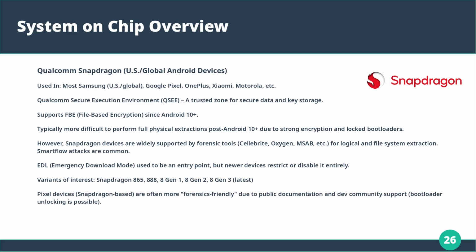The system on chip integrates a central processing unit, which executes instructions, handles application logic and system tasks, a graphical processing unit that manages rendering of images, videos, and graphics, a digital signal processor, which optimizes media and audio operations, a memory controller and interfaces that facilitate communication with RAM and flash storage, a modem and baseband processor, which manages cellular communication,